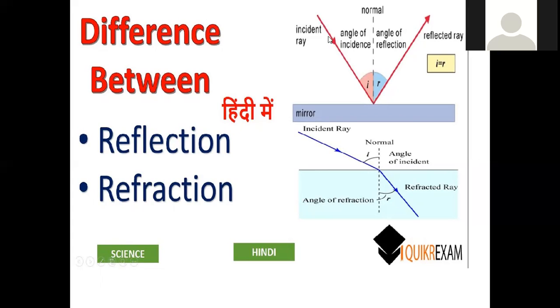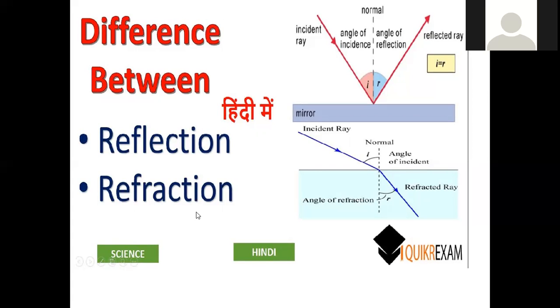In a similar manner here also, light from the source, when it hits the mirror, will bounce and be reflected at a certain angle. In accordance with the law of reflection, the angle of incident light is exactly equal to the angle of reflected light. So this is the phenomenon of reflection.